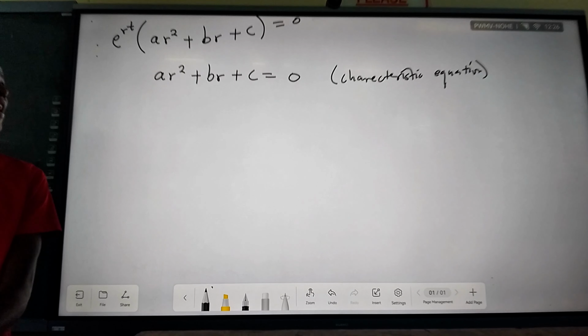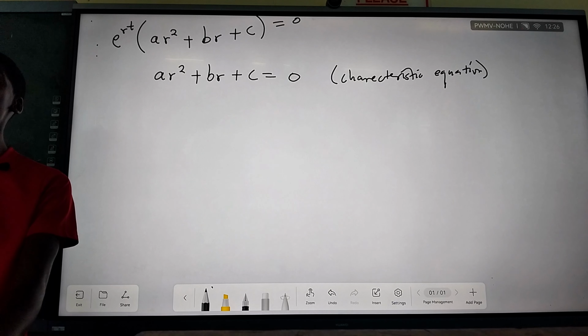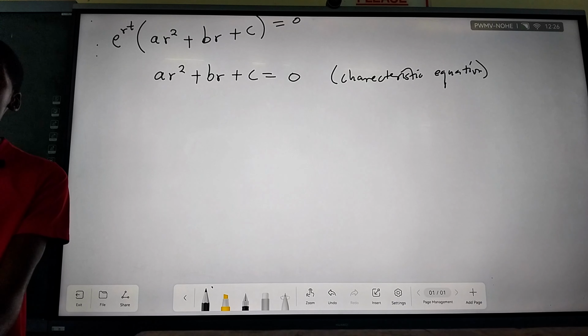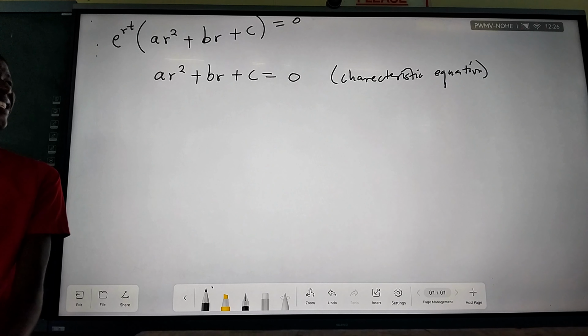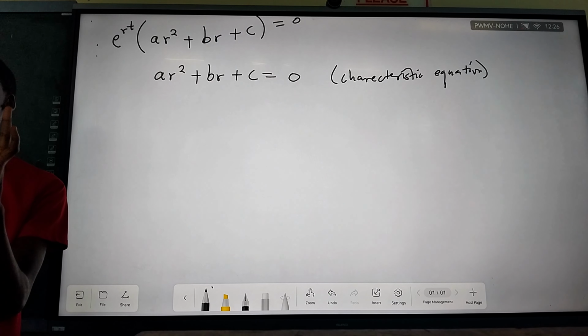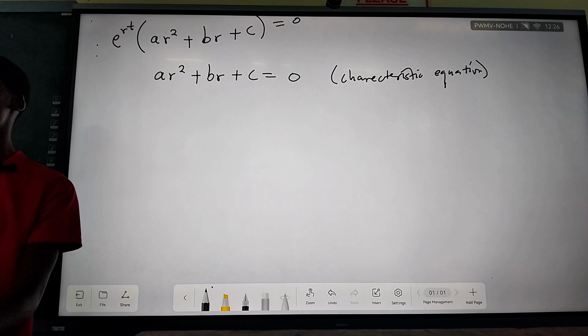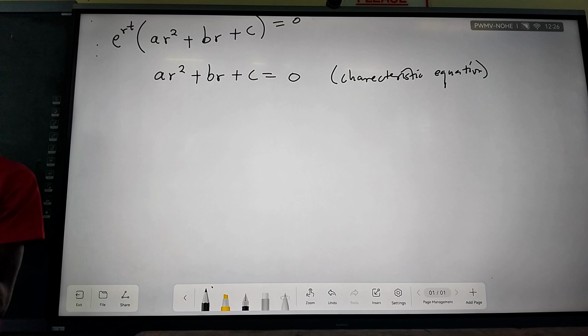People who know math, they know when we equate a quadratic equation to 0, it means we are trying to find the roots of the quadratic equation. And roots of a quadratic equation can have how many types of natures? 3 types of roots. Yes. And the nature of roots is something that you have learned from grade 11.